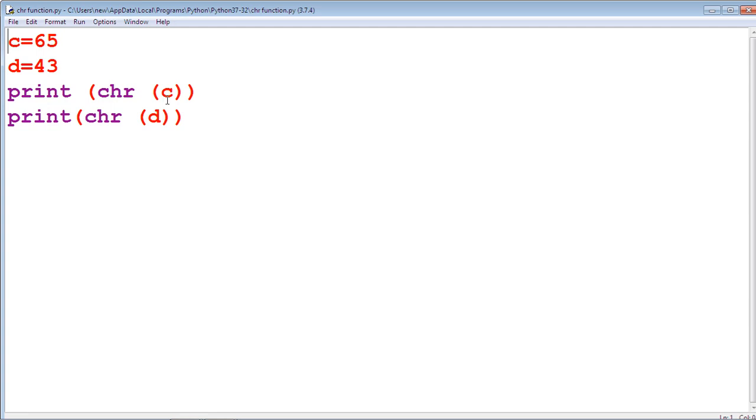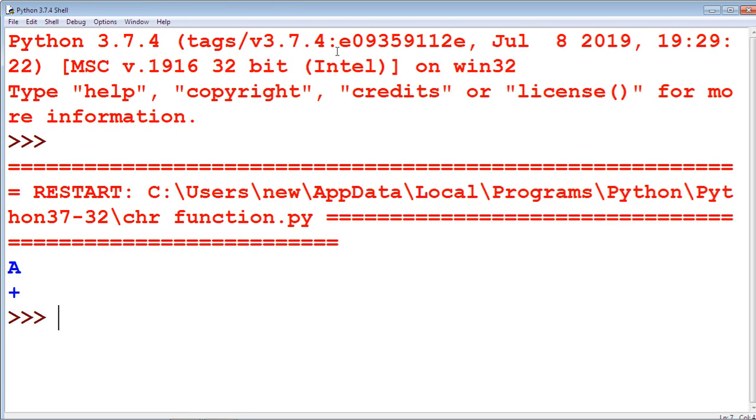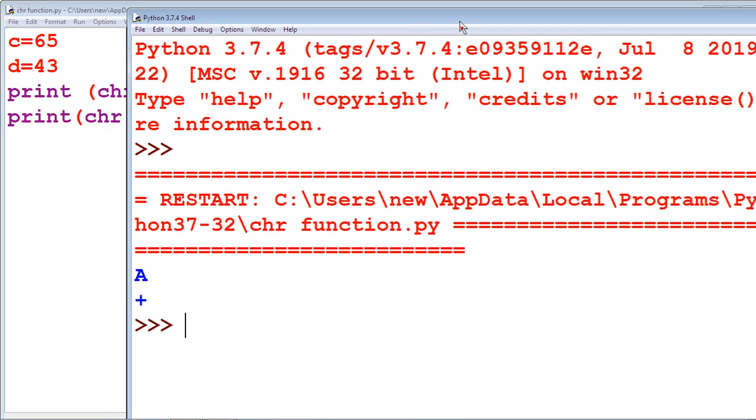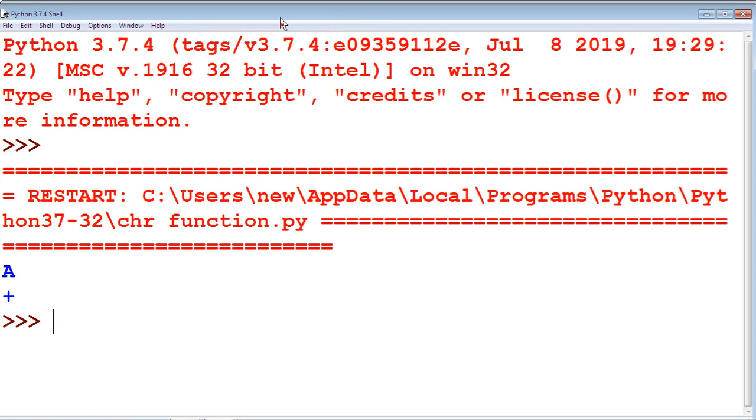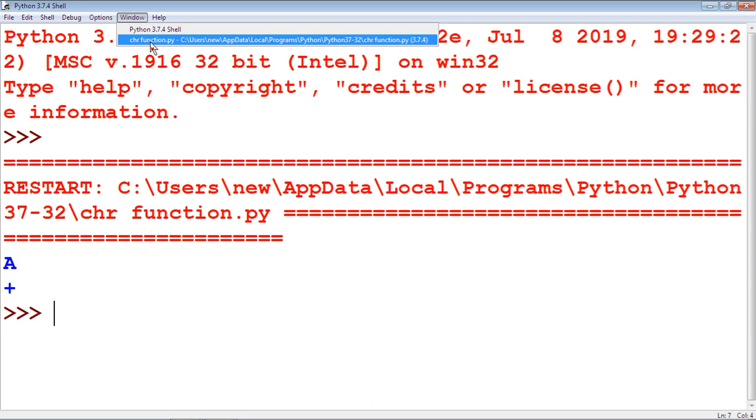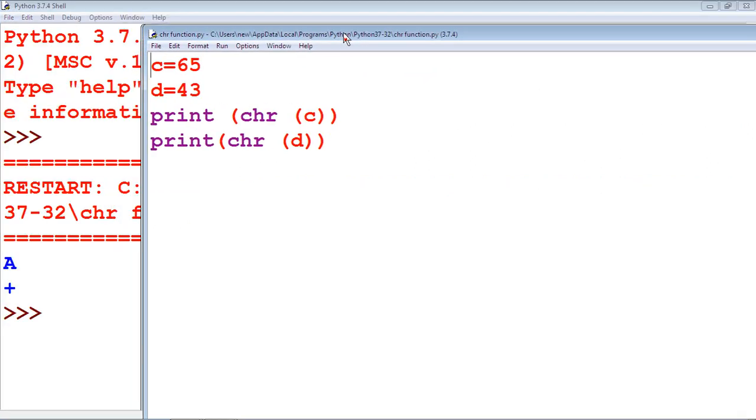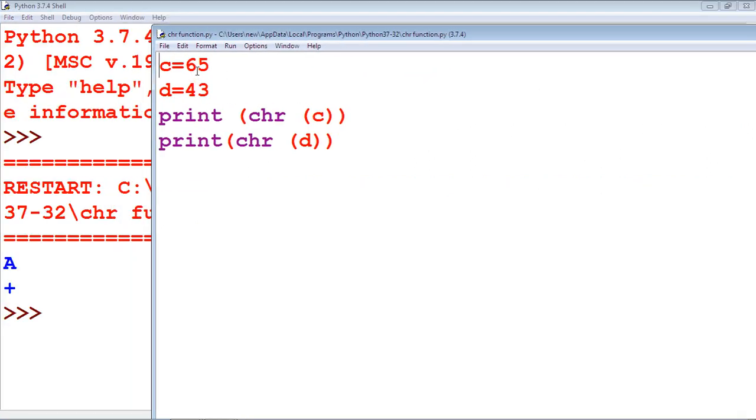The chr function turns c into its equivalent value. Run this module by using run module. The character value of 65 is capital A, and the character value of 43 is plus.